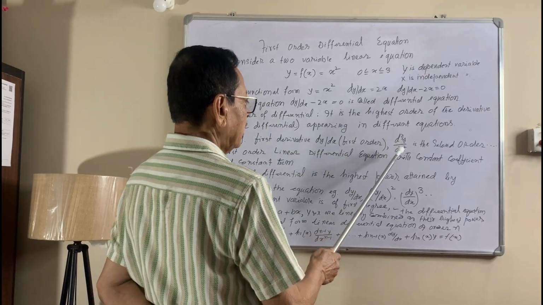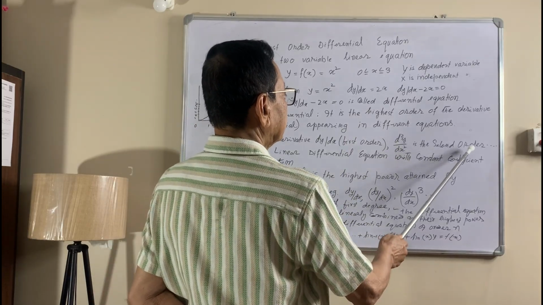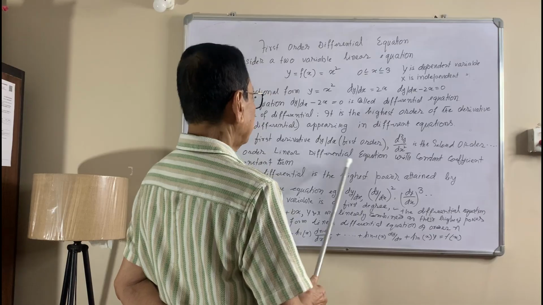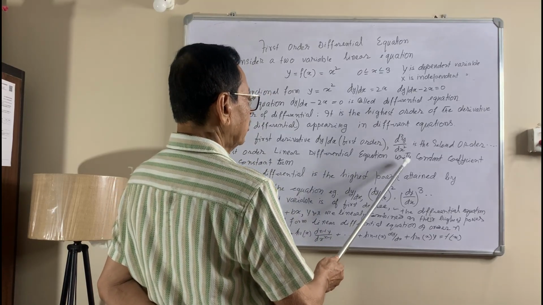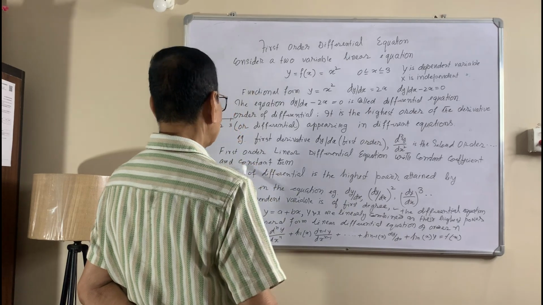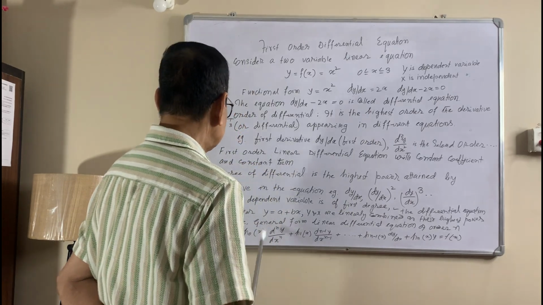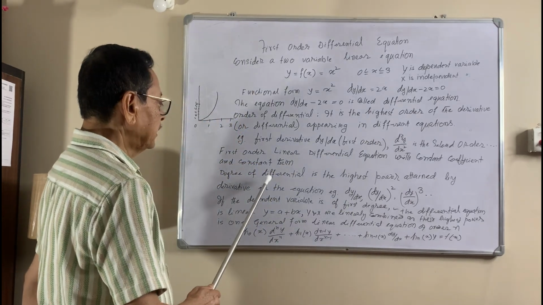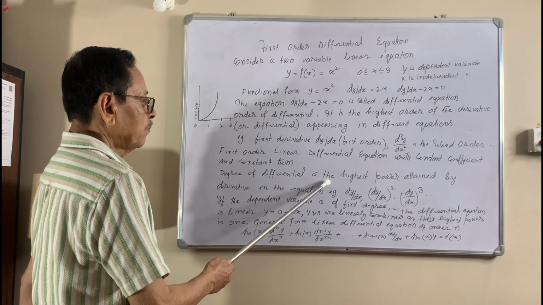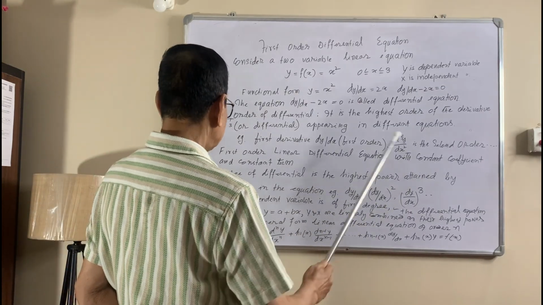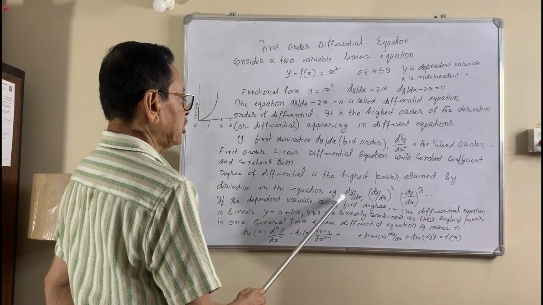Then d square y by dx square is the second order, and so on. So a first order linear differential equation with constant coefficient and constant term. Now the degree of a differential equation